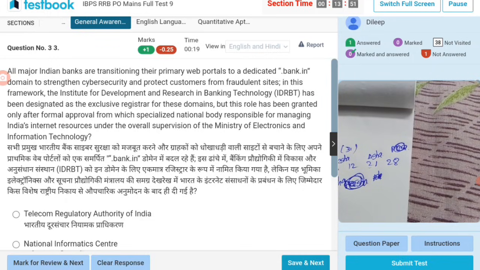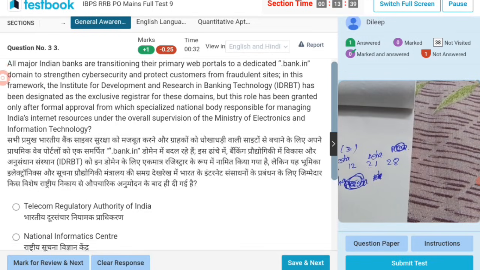All major Indian banks are transitioning their primary web portals to a dedicated .bank.in domain to strengthen cybersecurity and protect customers from fraudulent sites. So, under the overall subdivision of the Ministry of Electronics,